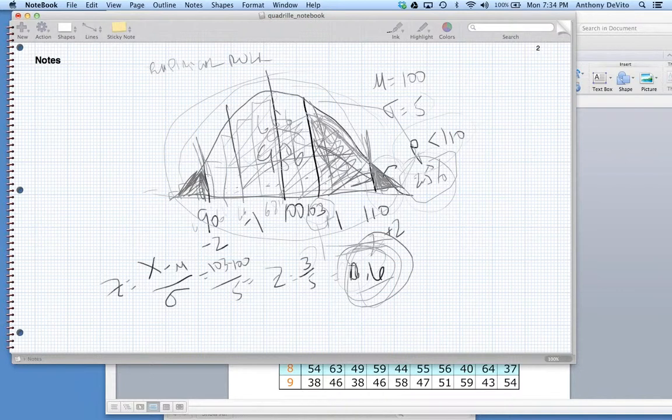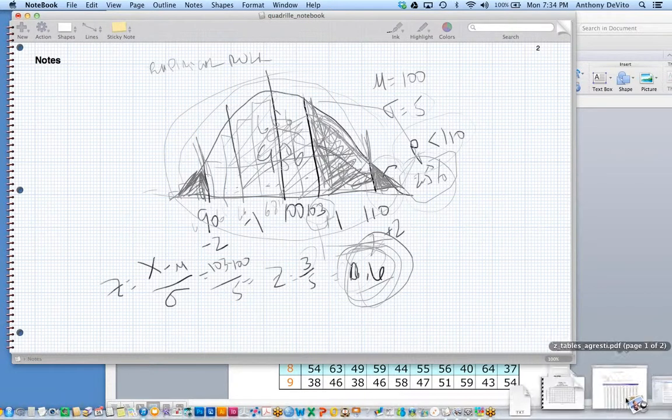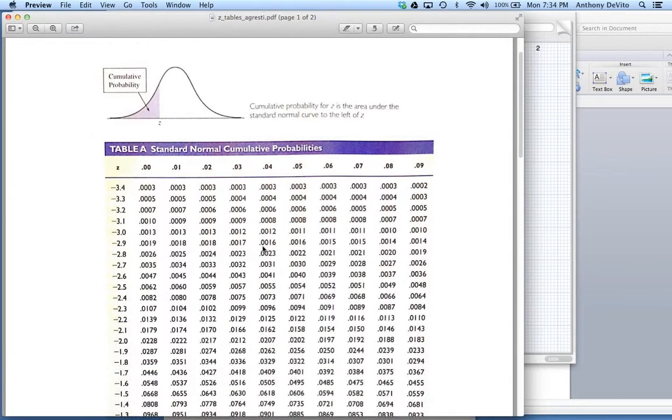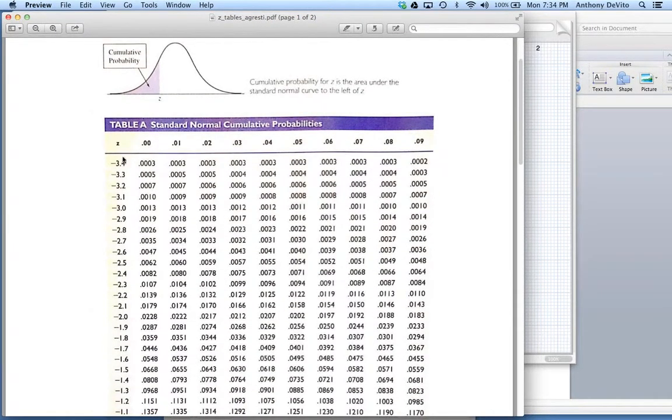The problem now is, how do I know what that area of this distribution is? We know that we have a table that we can go to called the Z-table. I'm going to pull up the one that's in the Agresti because it's a little bit easier to work with, and we can find the z-score from the column and the row at the top here. So a z-score of, say, negative 3.35 would be negative 3.3 and then 5 over here, a very small area because it's way down.